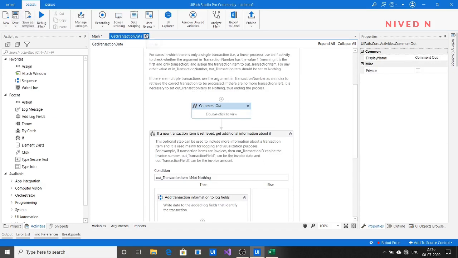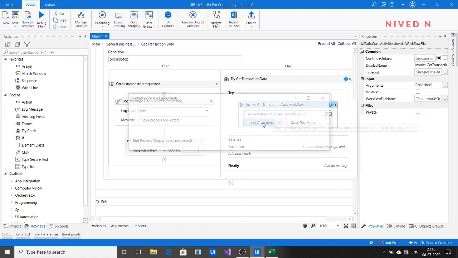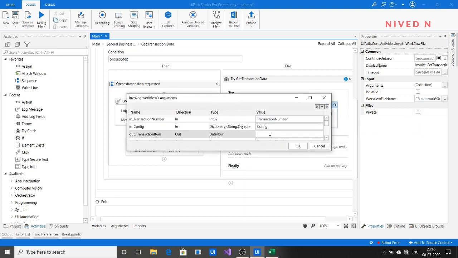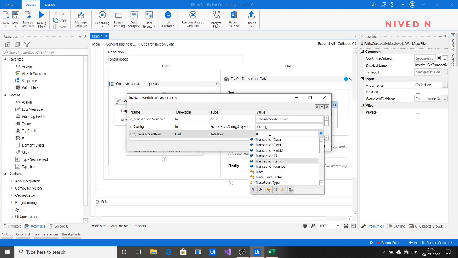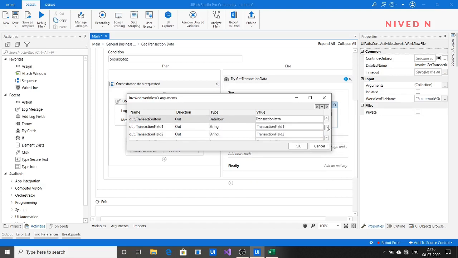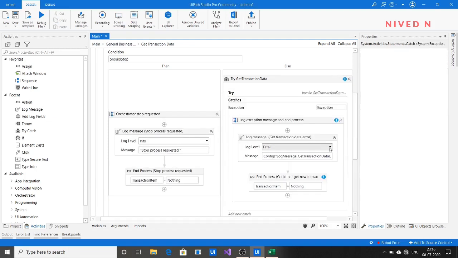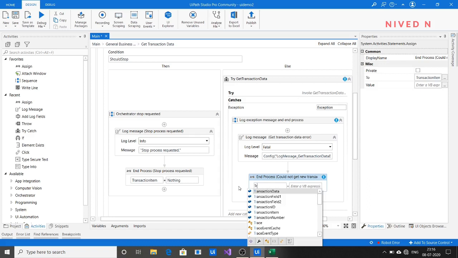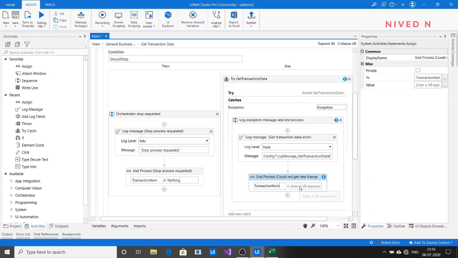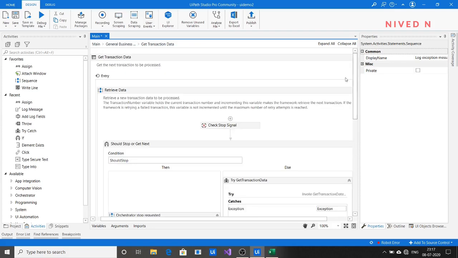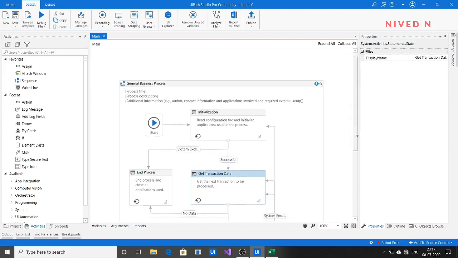Close the workflow. Now there is also a validation error here. We know that we have to type the transaction item here. Still an error is there. Just go here. Transaction item is, let's say, nothing. Now all the errors in the Get Transaction Data section are cleared.